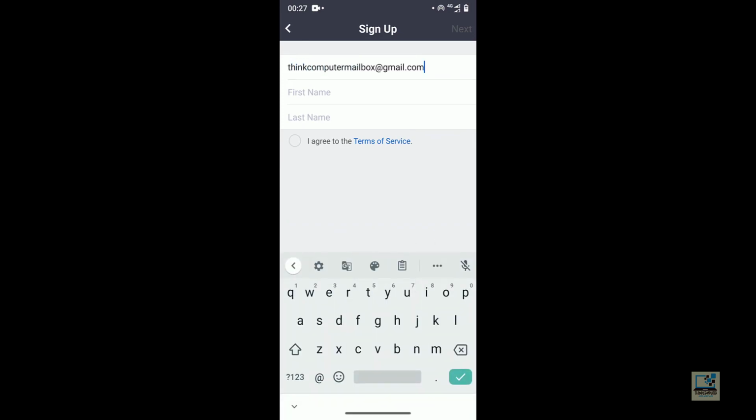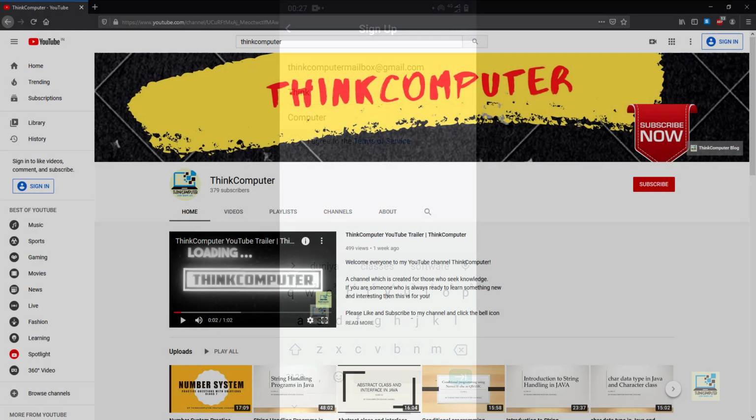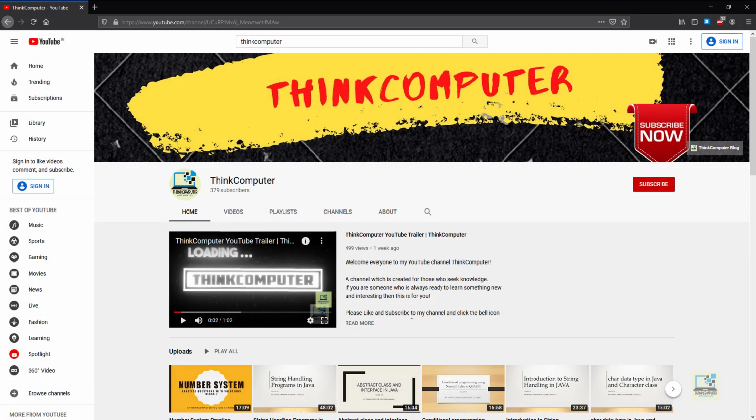It is very important that when you are creating the account, you enter your first name and your last name. Do not enter the first name and last name of your parent. Even if you are using the email address of your parent, still I suggest you use your first name and last name, because any name that you enter will be displayed on the screen of the teacher when you are joining the meeting. If you enter your parent's name, then your parent's name will be displayed, and it is very difficult for the teacher to identify the student.